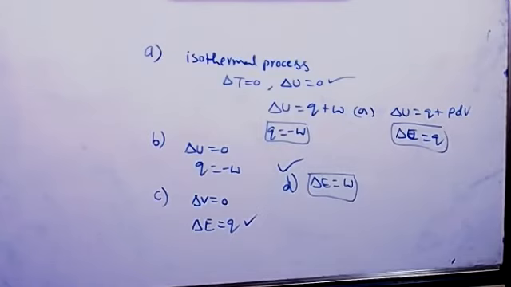Third one, delta E is always positive when. So internal energy is always positive when the system absorbs heat and work is done on it. Yeah, the system is absorbing heat and we are doing some work on the system. So because of this, the internal energy of the system increases. A is the only correct option. Option B is system emits heat and work is done on it. Okay, we are doing some work on the system and an equal amount of heat is given out. So here the internal energy of the system is not increased.